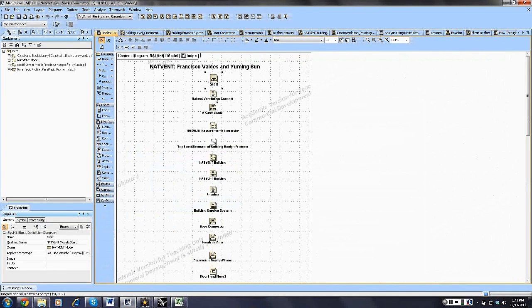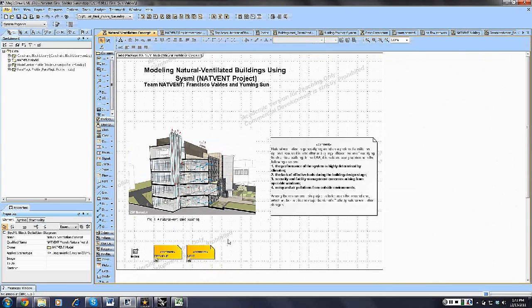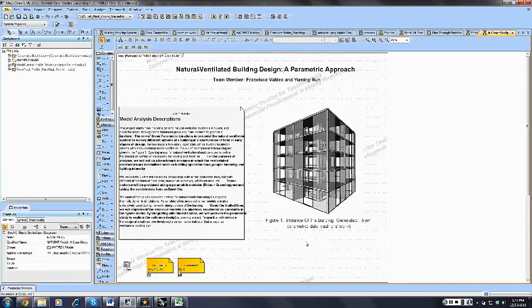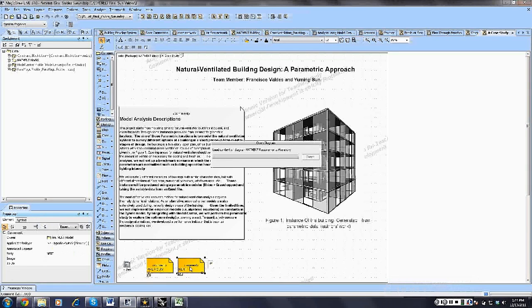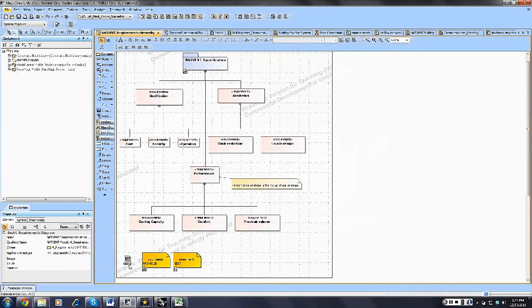So this is an explanation of our process, and our idea is generating these parametric iterations in the design process to see how our design decisions are going to affect the appearance of our building. This is our main goal. And for that, we have this diagram of the